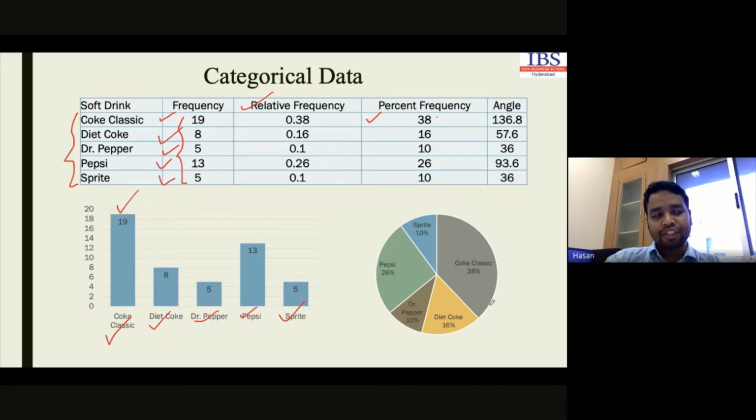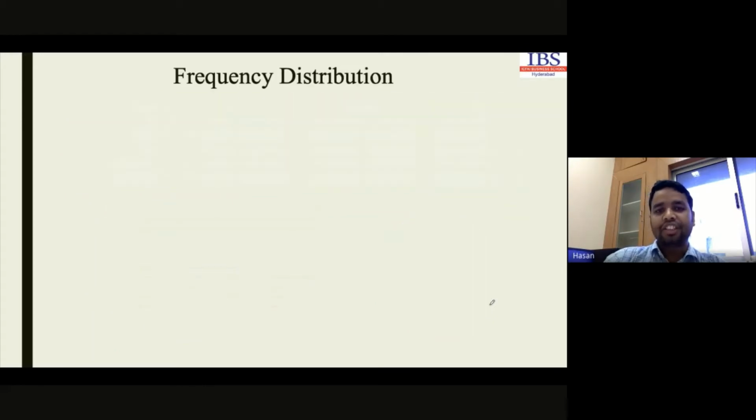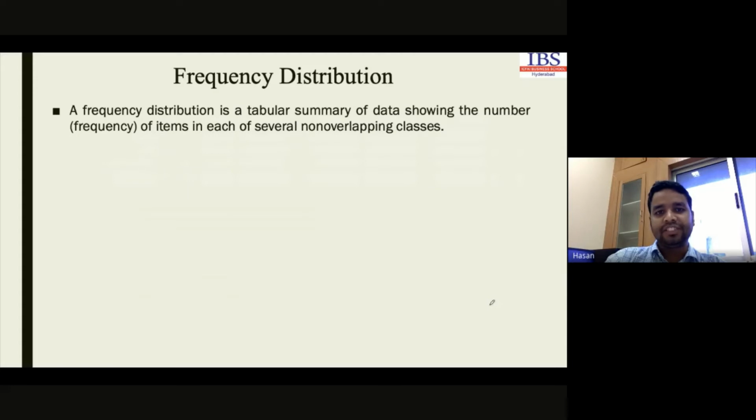Okay, so up to this, we have discussed the frequency distribution. Now try to understand what frequency distribution is. It is a tabular summary of the data we have collected and its representation in a curve. This is frequency distribution. There are some advantages and disadvantages of frequency distribution. We have already discussed everything regarding it. Whatever we discussed till now is a part of frequency distribution.